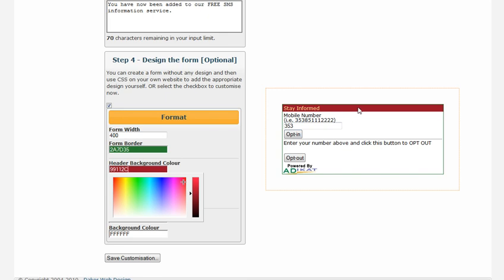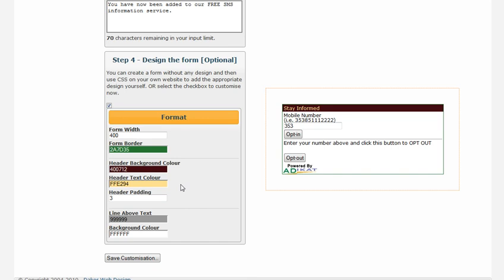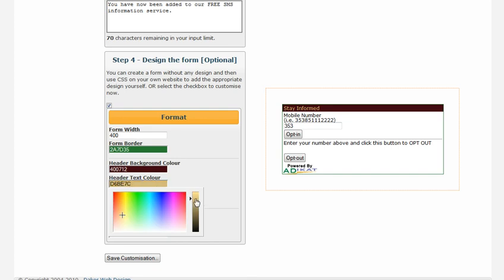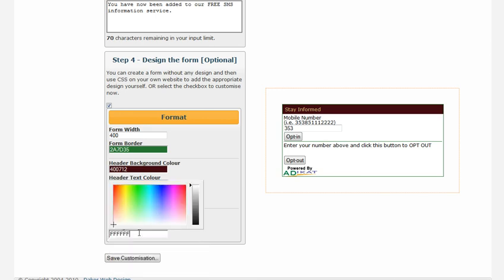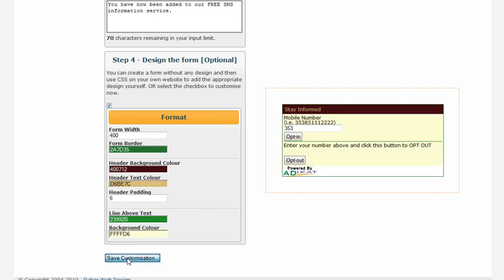And this is the background color here, which we could make, let's say, a little darker. This is the text color. So you can see it changing automatically and immediately, so that you can see what your form is going to look like before you even put it onto your website. This is the line above the text. This is this line going across here. You can change the color of that as well. And then the background color then. There we go. So now if we save this,